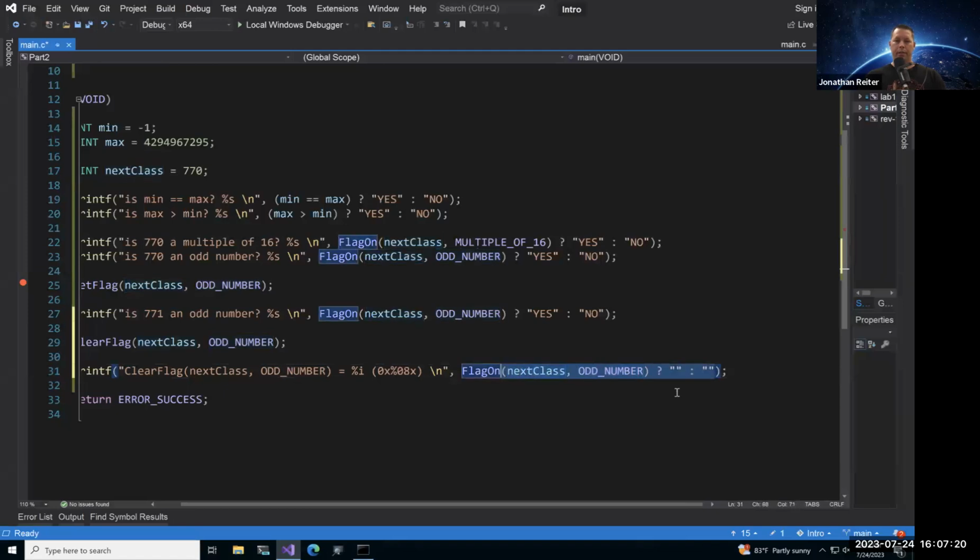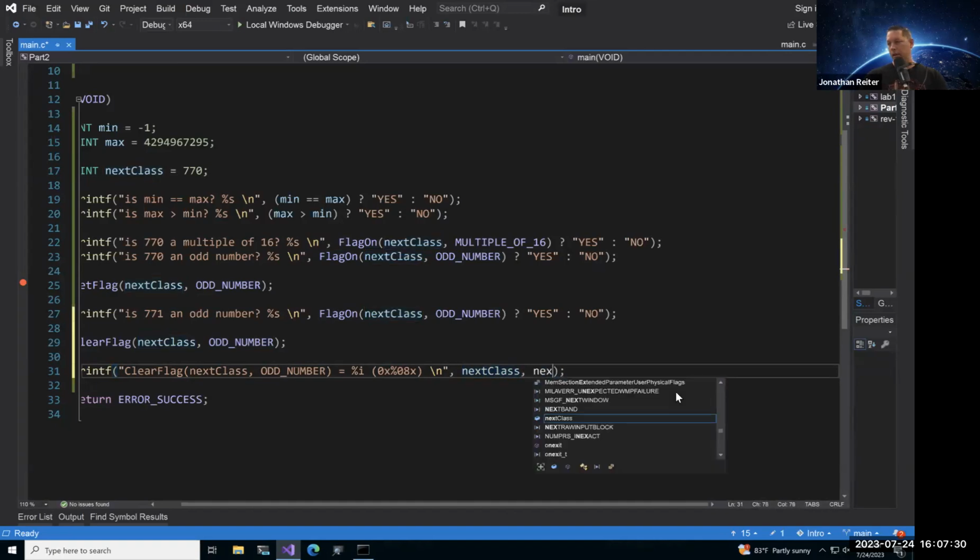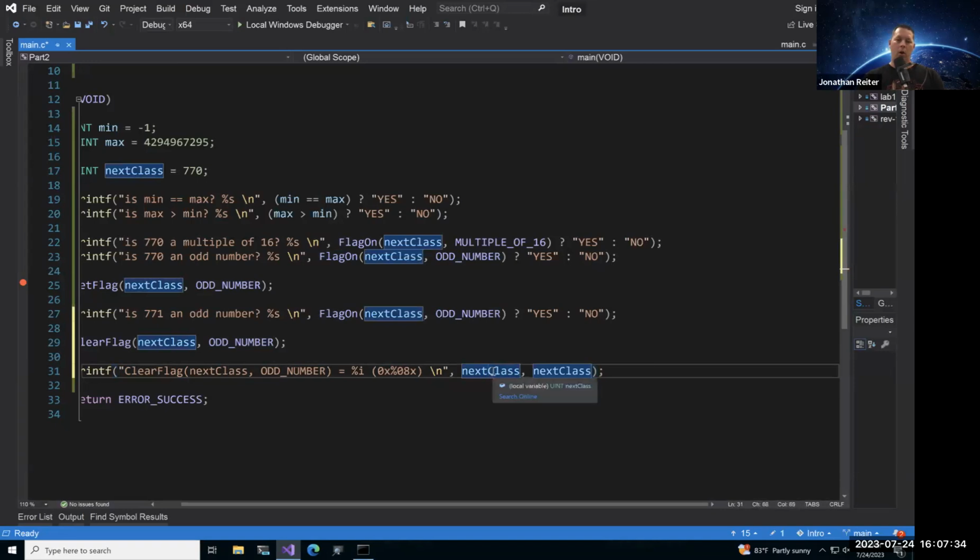My bad. That's obviously not going to work for the format string that we have here. So here's what we do: you pass in next class, and go figure, next class again. What we want to see is the integer value of next class and the hexadecimal value of next class. So save it.